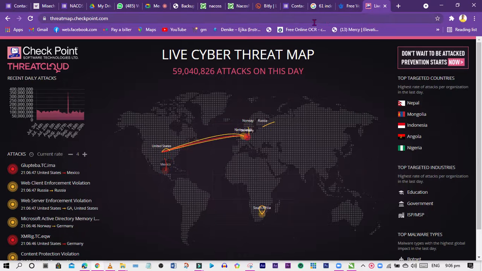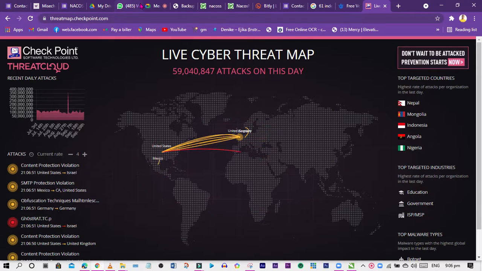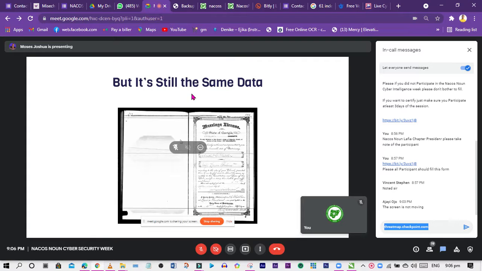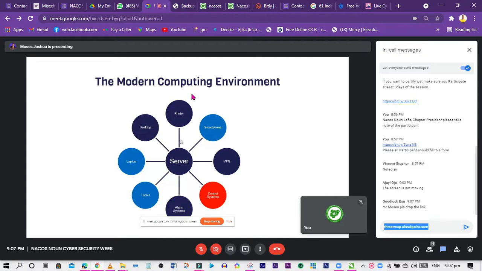Then it's still the same data. The olden days data and this day's data, we're having this data to enhance our operations and whatever we have to do. You have the different computing environments I discussed. You have the printers, which store basic information that attackers can actually leverage on. We have the VPNs, the control system, and I explained how alarm systems can be used to